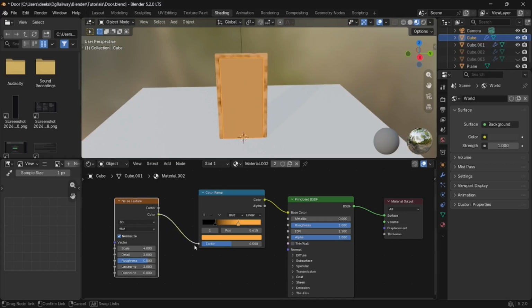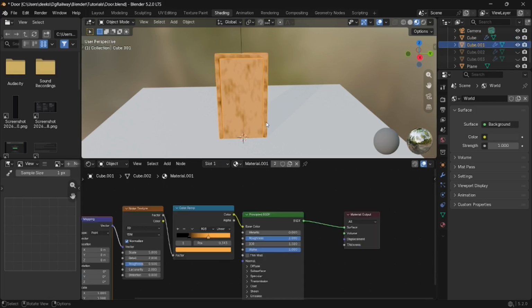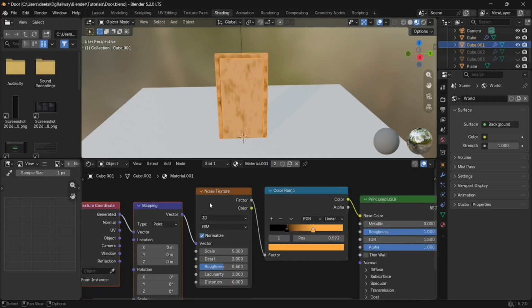Once you connect this with the color ramp, then you can see it's giving you noise, and if you remove this then there is no noise. Noise texture can be used for many purposes. If you want to play around with these values, you can experiment. If you move this one from left to right, you will gain the noise pattern most, but on the right panel, if you go from right to left, then you will reduce it. So there are two nodes basically in the color ramp, you can play around with that.